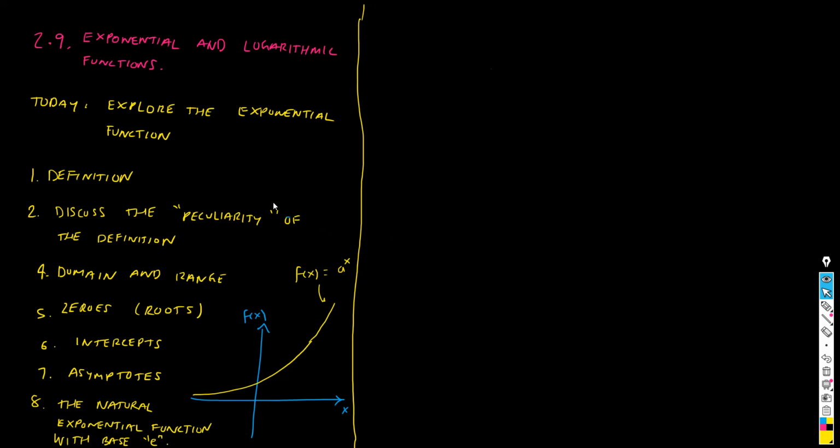Okay, so let's start. Number one, let's talk about the definition. Oh, and by the way, everything is gonna fit in here. You're gonna see. So let's talk about the definition of what we understand as the exponential function. The definition is the following, guys. The exponential function is given by